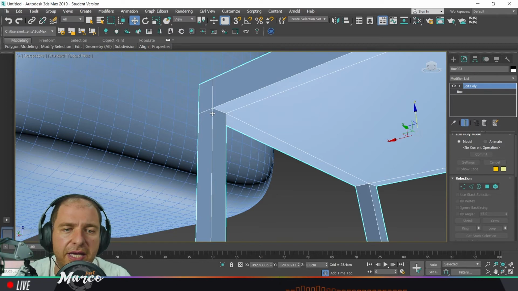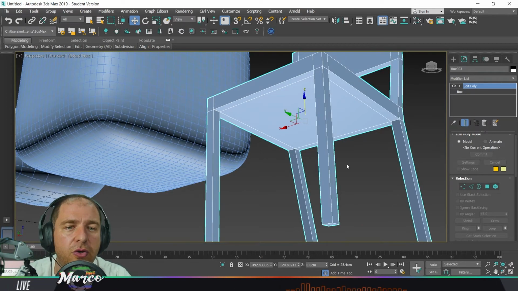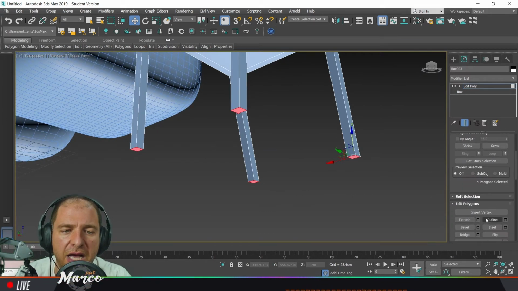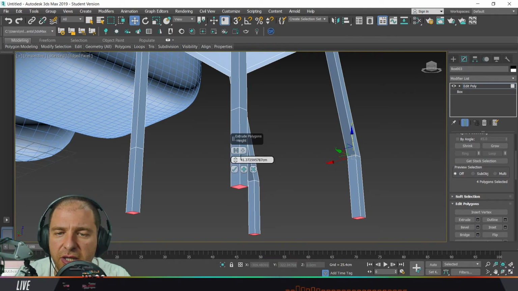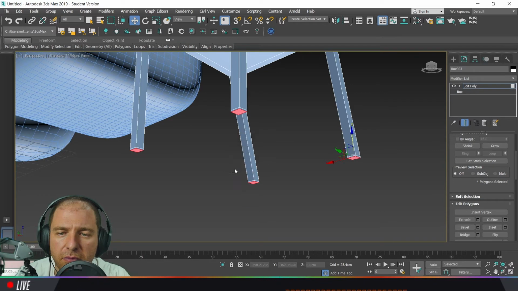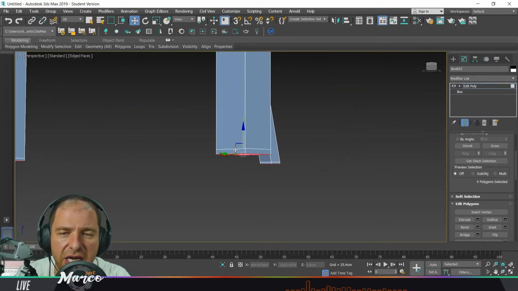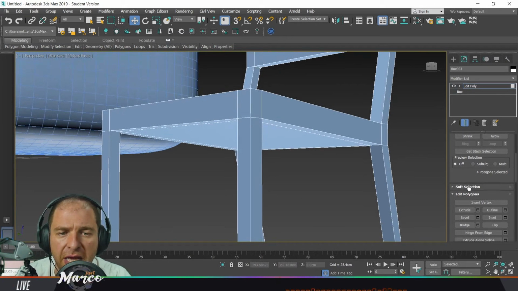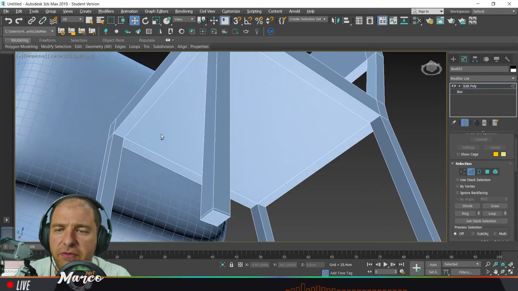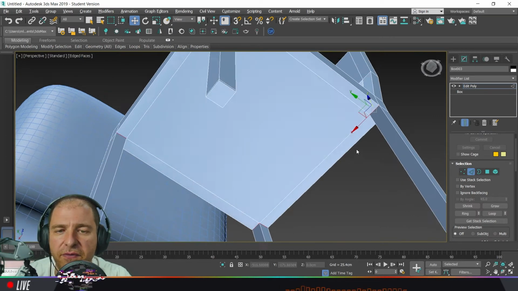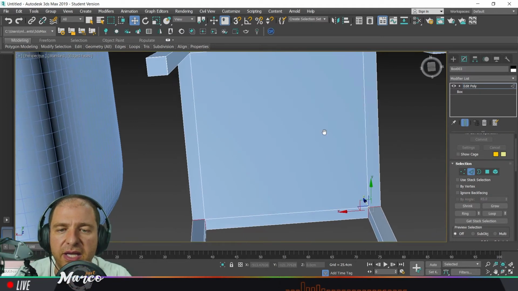So what I will do to make it a little bit prettier is break the continuity between these polygons. So, for example, I will start by extruding a little bit the end of each leg, so that I have this very tiny little polygon that will be smoothed, and then the legs will remain straight. As we have seen in previous episodes, I will also apply a little bit of chamfer to break these